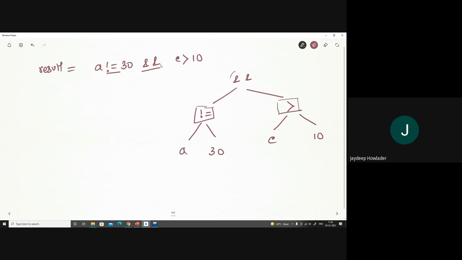To get the value in this box, I have to evaluate the expression with this argument. A is not equals to 30. This is true because A's value is 20. C is greater than 10. C's value is 100, so this condition is also true. And then we have an AND operation, which gives me a true case.